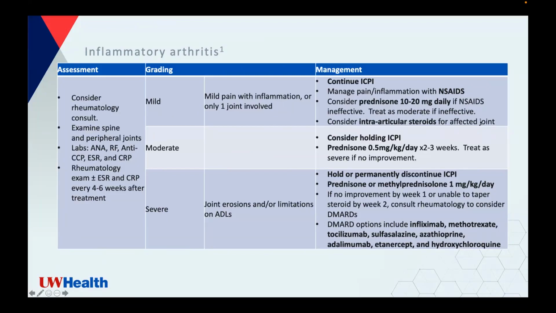For moderate, we can also consider holding the ICPI if it becomes more bothersome for them. And then we'd be a little bit more aggressive with starting steroids, 0.5 mg per kg per day